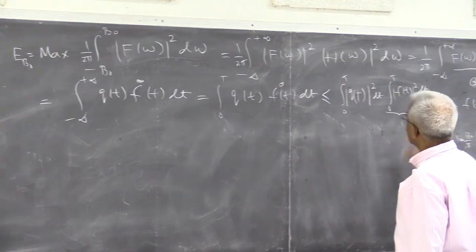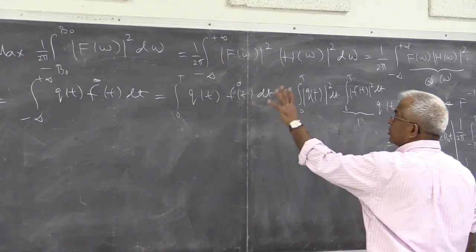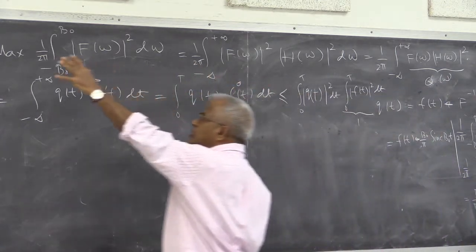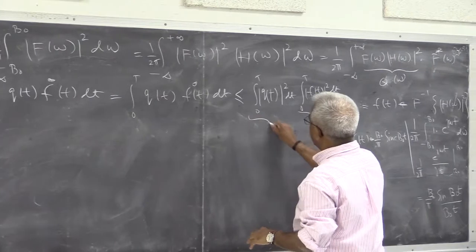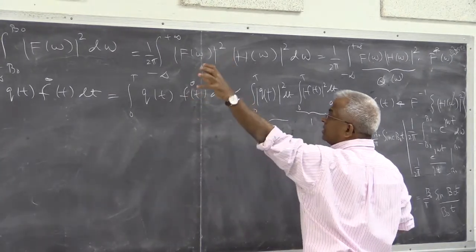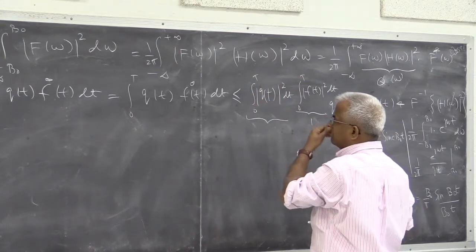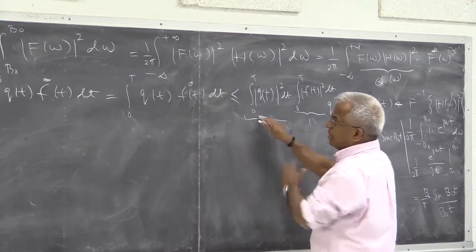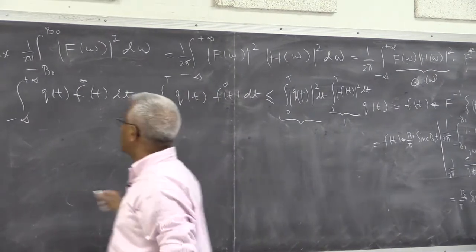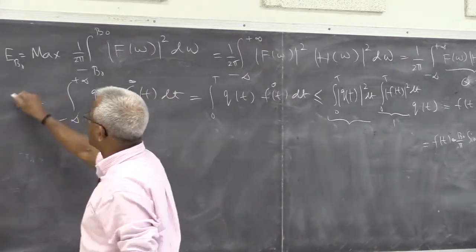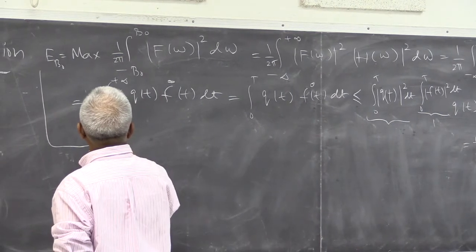This is 1. And we know this, we of course want to maximize this quantity. So this quantity's bottom line is less than or equal to this quantity. So if you want to make that quantity equal to the maximum, so this is the maximum value. So we want to make it equal, we know that these two functions have to be proportional. So this is maximized. So EB naught is maximized